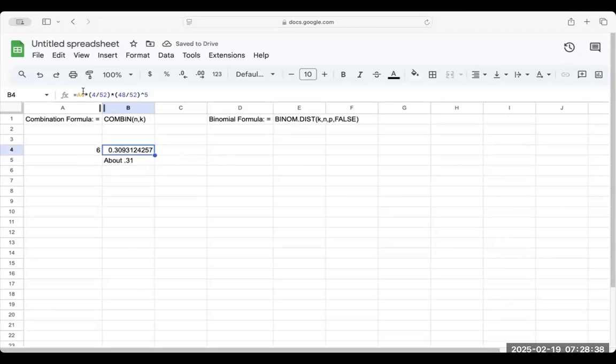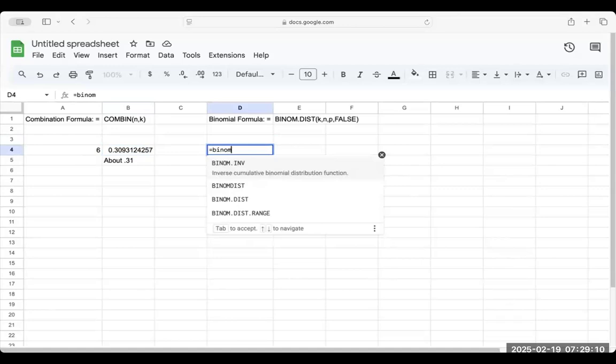Now that was a little tedious. I had a lot of things I had to enter. So we can use this formula that I have written here to find the same thing. So this distribution shows up a lot in mathematics, and they have a formula for it already programmed into Google Sheets or Microsoft Excel, whatever you're using. So how we can get the same number without having to enter all of the things in parentheses is we can, over off to the side, hit equals